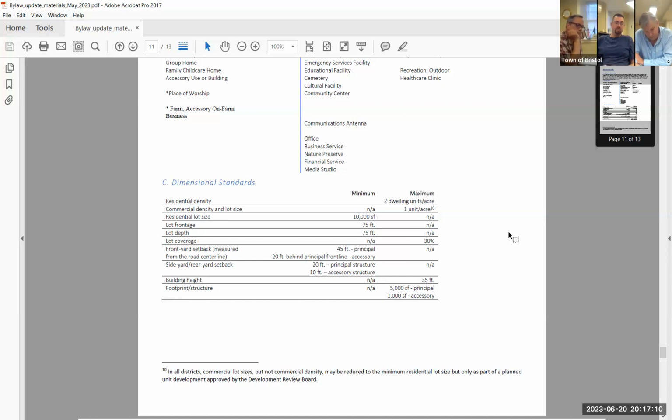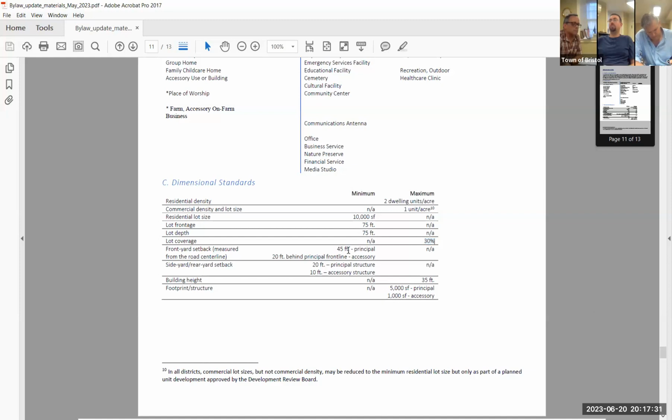So the really significant differences are in the residential density. This allows 2. Your high density residential allows 4. The lot size, the frontage, and the depth are the same, the coverage is less, it's 30%.